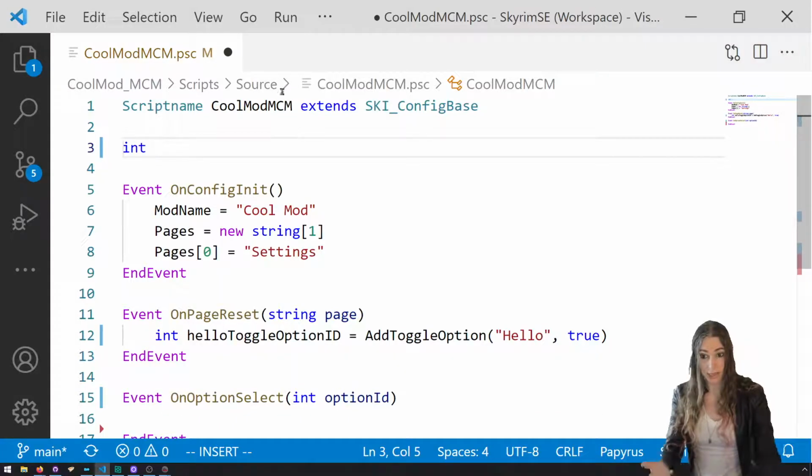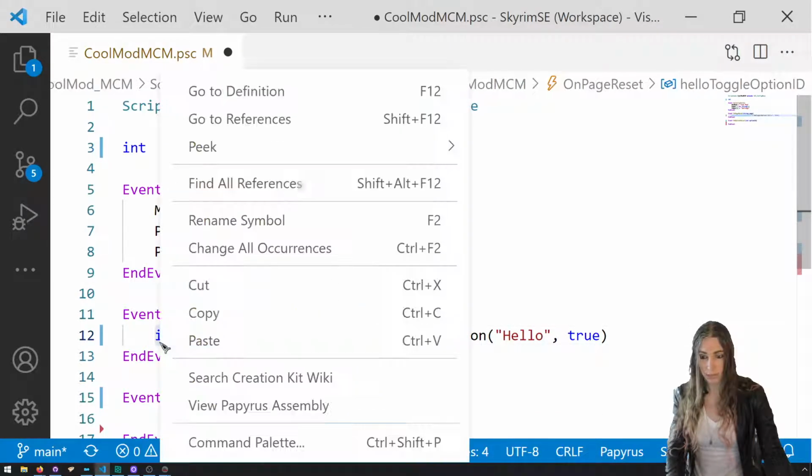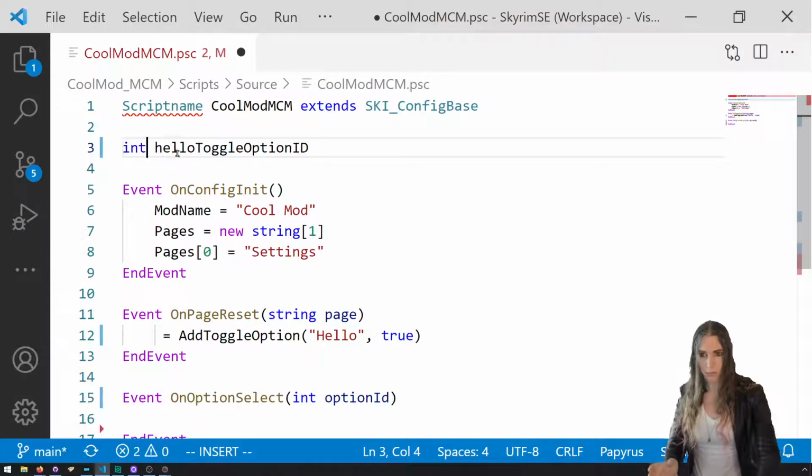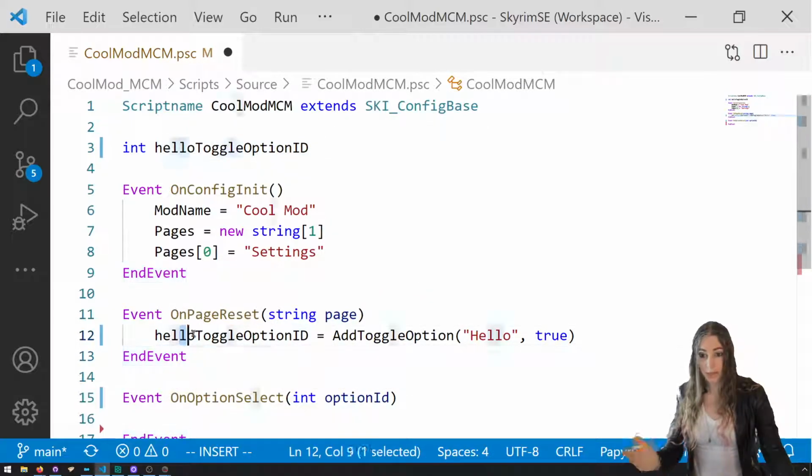We're going to say int, just like here. We're going to do the same thing. We're just going to put it up there. And we'll also do this. So down here is where we set it, but we define it up here so that we can use it